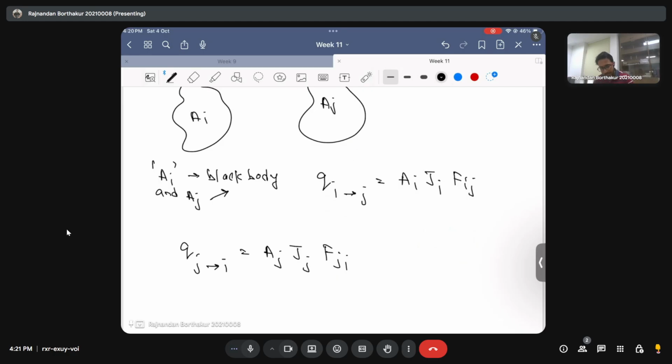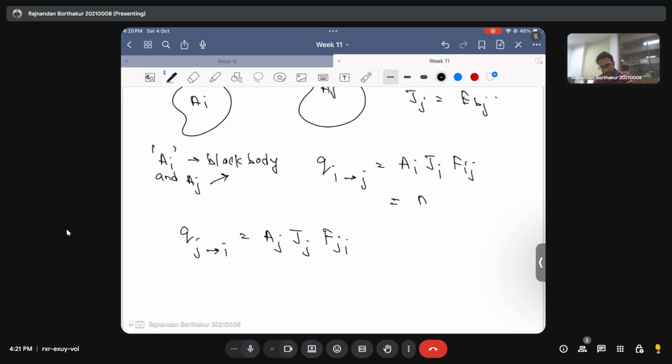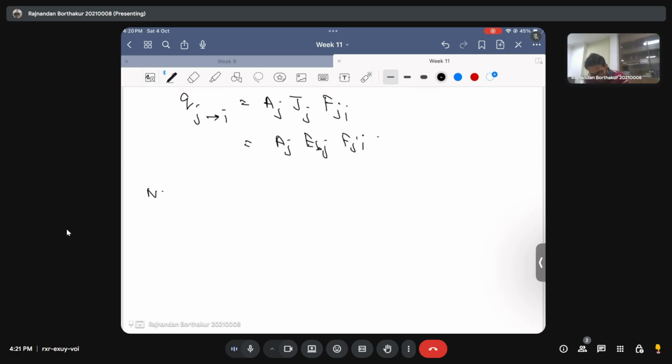Okay, but since Ai and Aj are black surfaces, I can say that Ji, which is the radiosity, is equal to Ebi, which is the emissive power for the surface i, and Jj is nothing but equal to Ebj. So I can now write this as Ai times Ebi times Fij, and this is nothing but Aj times Ebj times Fji. But since we are interested in the net radiation exchange, so I can now define the net radiation